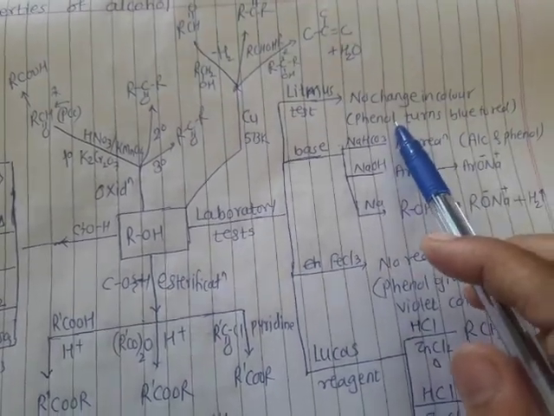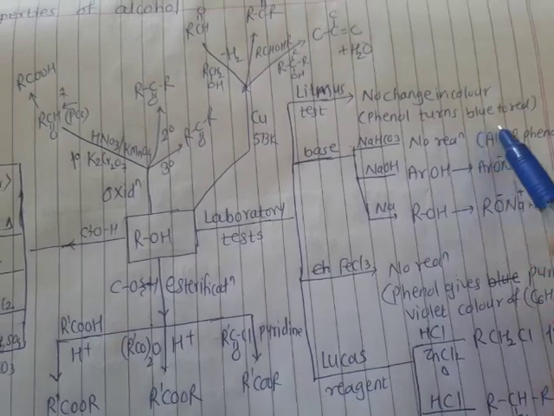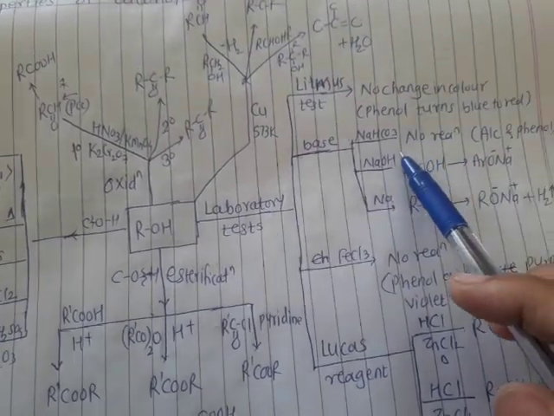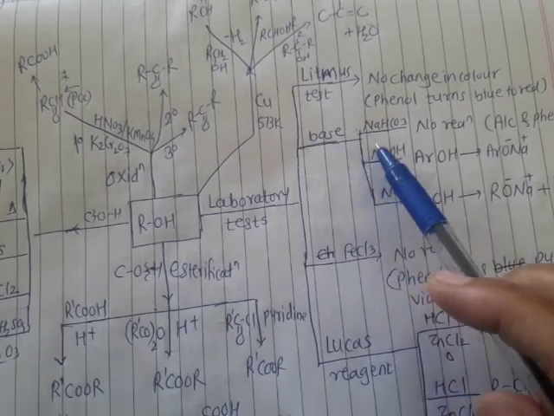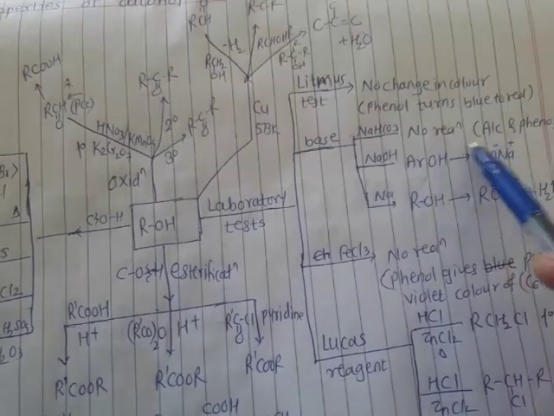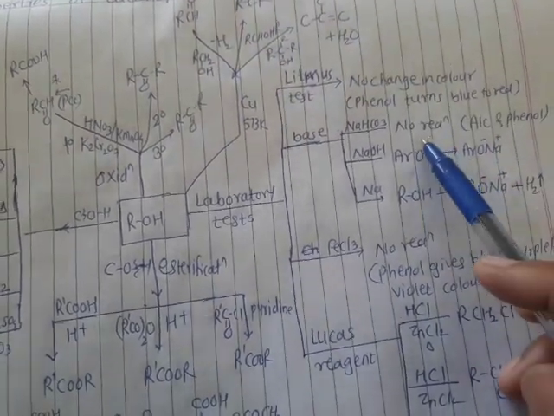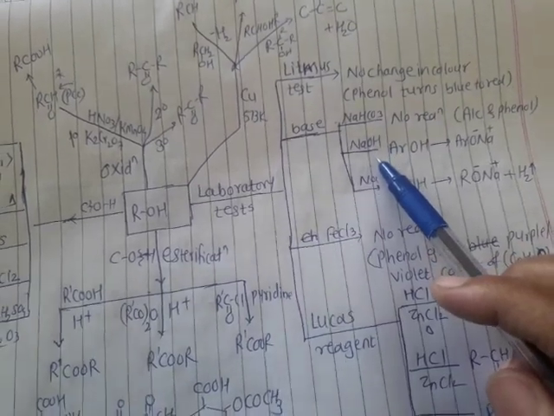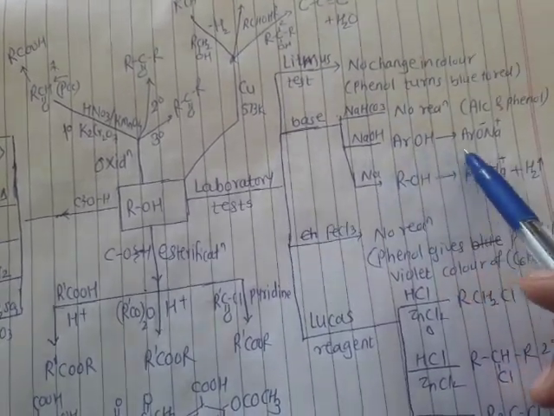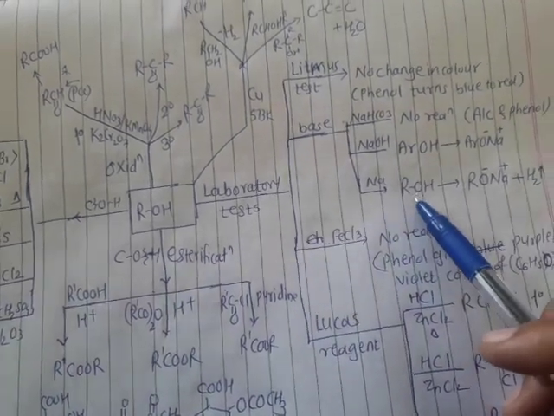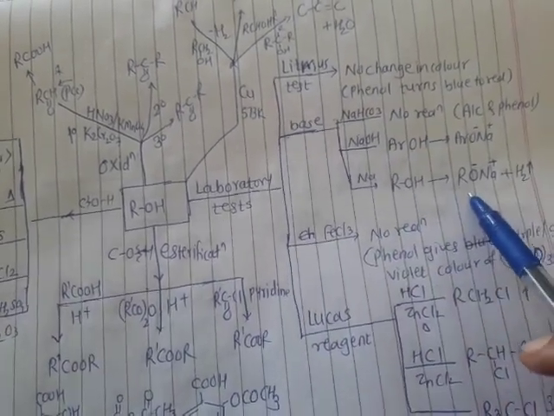But if it is phenol, then it turns blue litmus red. It means phenol is acidic in nature. Second one is action of base. With NaHCO3, there is no reaction. Neither alcohol nor phenol reacts with NaHCO3. With NaOH, only phenol reacts and it gives sodium phenoxide, and with Na, only alcohol reacts and it gives RONa